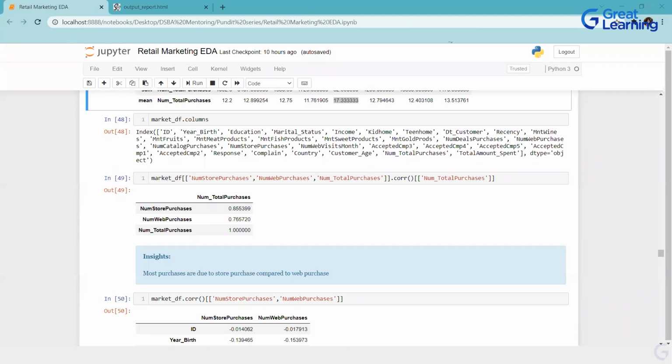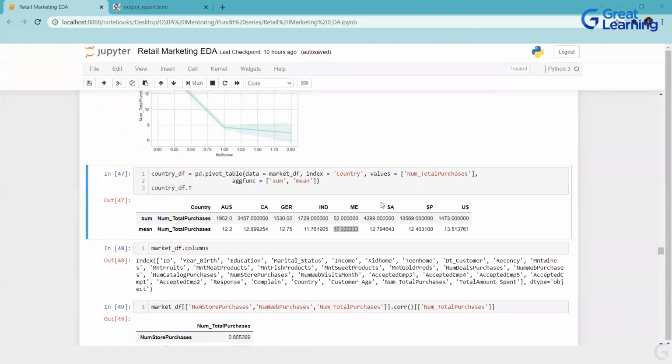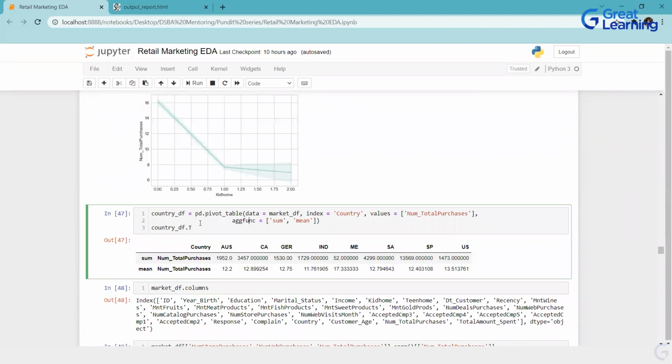Okay. Okay, Durga, I'll explain about the aggregate function also. So the aggregate function, when you are doing a pivot table, what will it do, what values can you see? So what it will do over here is, it will index this country. Okay. So this is what the index value is coming over here. Then I want to see the values of number of total purchases. These values are from number of total purchase. And I want to aggregate it on 2 levels. What are those 2 levels? I want a sum of this. I want a mean of this. So for each and every country, it is like a group by.